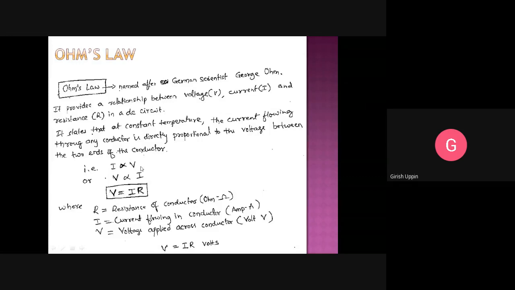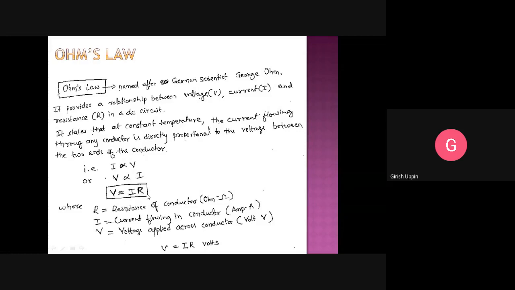That's it. Since I is directly proportional to V, we can also say V is directly proportional to I. One common mistake in the exam: people tend to state that the voltage across a conductor is directly proportional to the current flowing through it. This is not Ohm's law. Ohm's law is I proportional to V. You remember this one, but when you are getting the actual equation, you change the relation to V directly proportional to I, and to remove the proportionality, we introduce the constant: V is equal to IR.